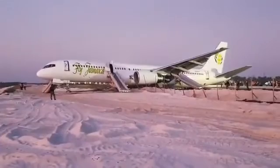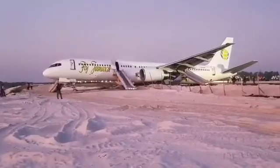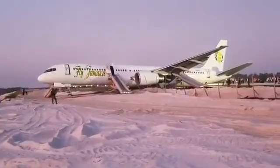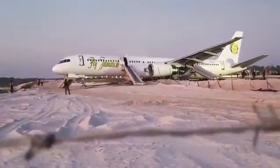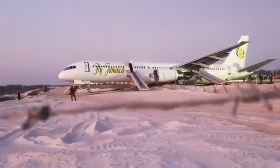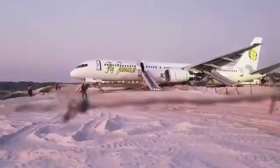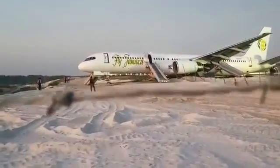You're getting clearer pictures of this Fly Jamaica 757 aircraft that was on its way from Kingston to Toronto, Canada, when it encountered some difficulties and the pilot was forced to make an emergency landing here at the Cheddi Jagan airport in Guyana. We're told all 100 passengers were safely evacuated. You can see the slides were deployed, and the flight crew assisted all of the passengers safely off of the airplane. We saw about 4 flight crew members,